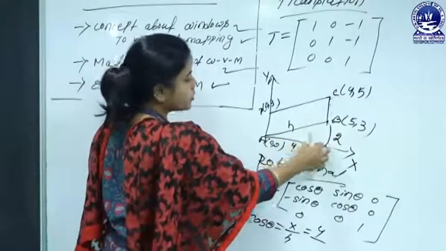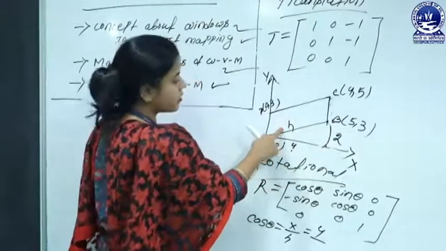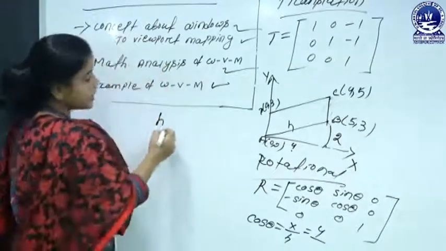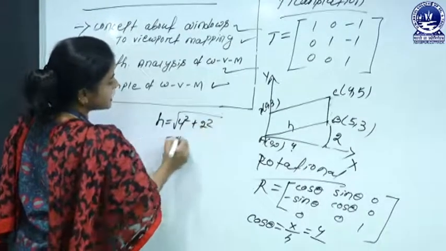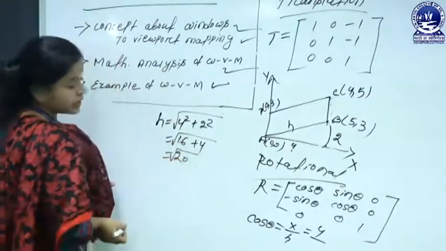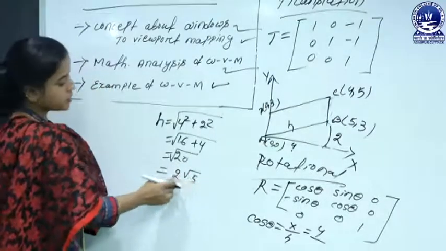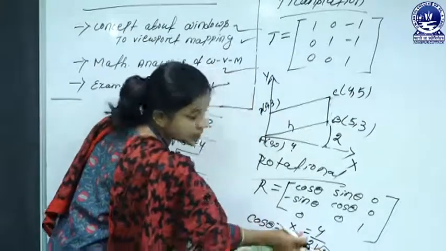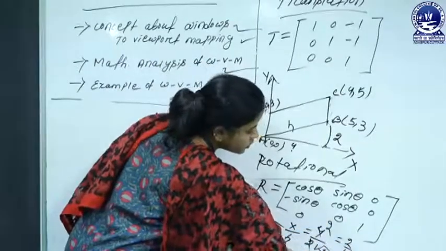Okay. So whenever we have the value of the x coordinate and y coordinate, then we have to calculate the h value. To find the h value, the formula is root of 4 squared plus 2 squared. That means 16 plus 4, that means 20. The root of 20 is 2 root 5, because 4 into 5. So the h value is 2 root 5, and by cancelling 2 from 4, the resultant value is 2 by root 5.